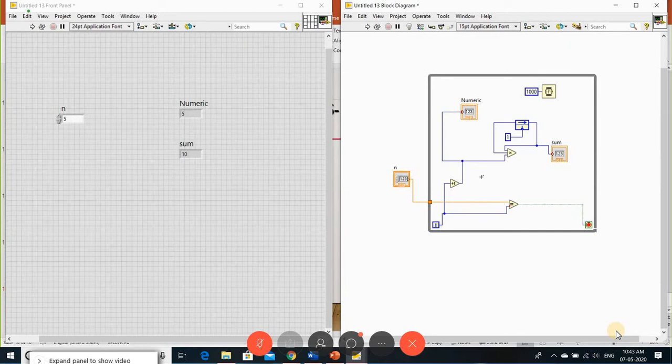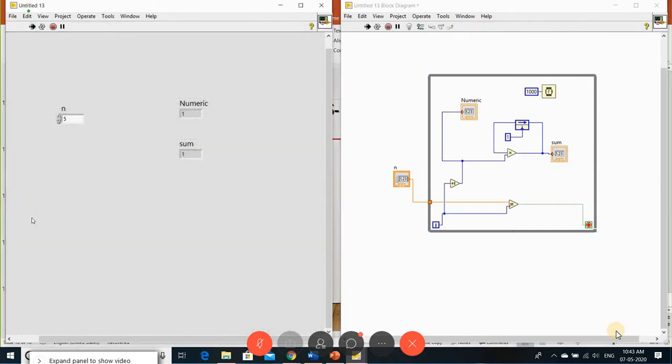Before, I made the sum of n numbers; now I need to find the factorial of a number. So in the same way, here I'm using multiplication and the feedback I initialized to be 1.